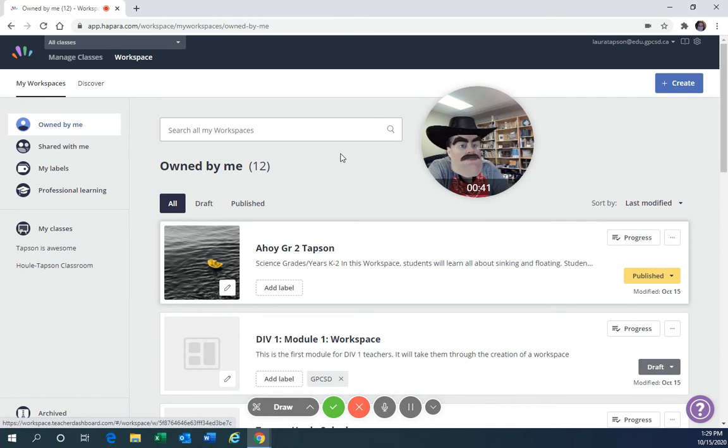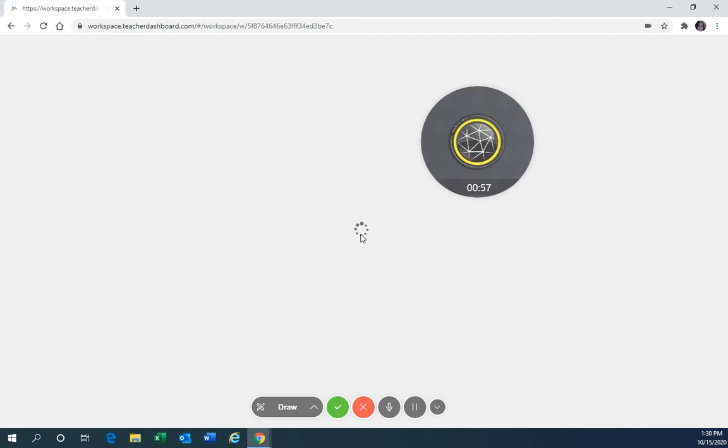So I'm in my main workspace dashboard here. I'm going to click on this workspace that we've been working on. This is the one I copied. It's Ahoy Grade 2 Tapson. It's still in progress, so I'm just going to go here. Open up this,